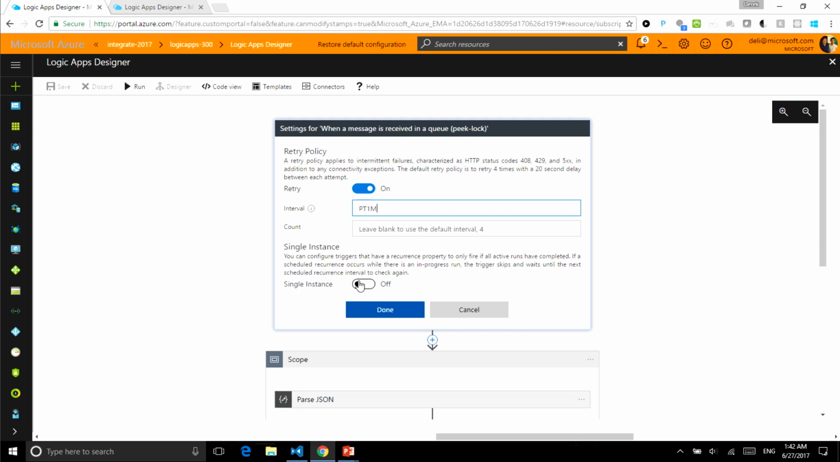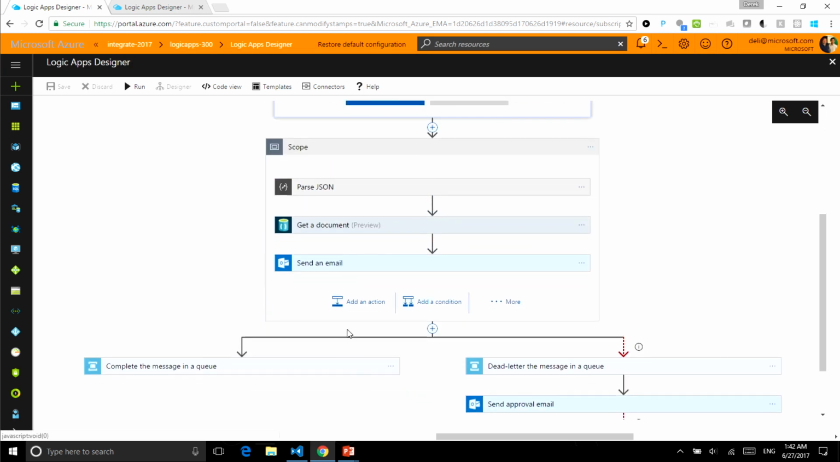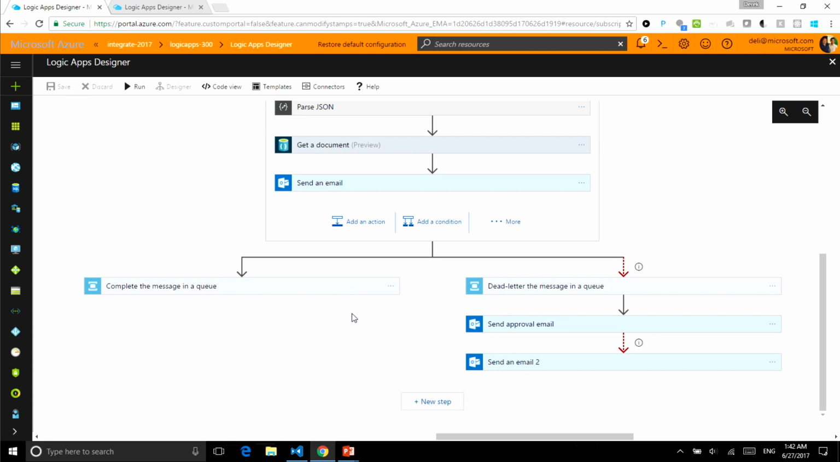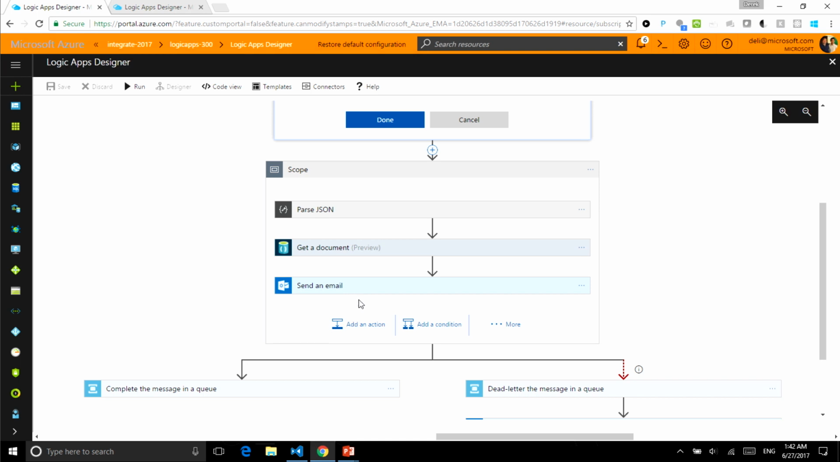We also provide you a way to mark the trigger as a single instance. So if your trigger runs on a recurrent basis, let's say your trigger runs every minute, but the workflow actually takes 2 minutes to complete, we'll make sure that no 2 concurrent instances of your Logic app are running at any given time. And I think something that's not here, but will be available very soon,